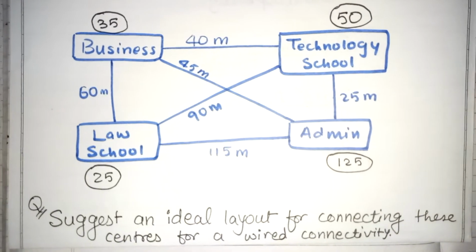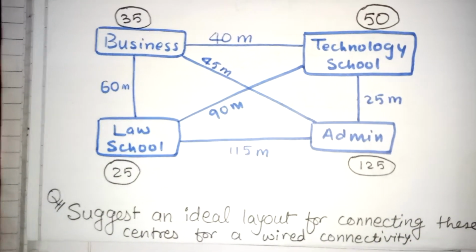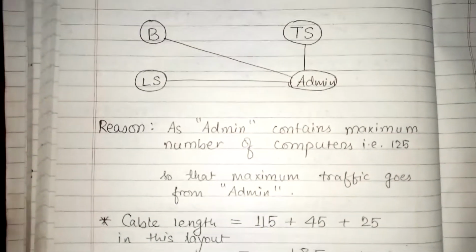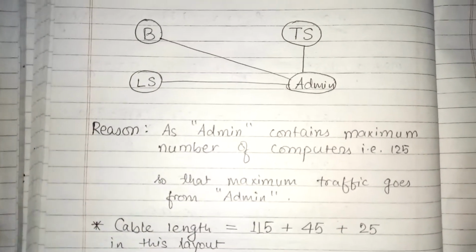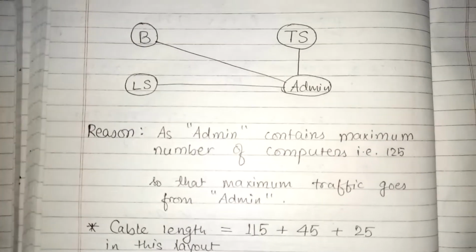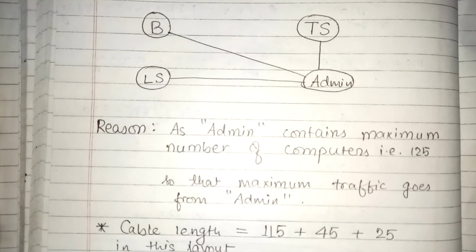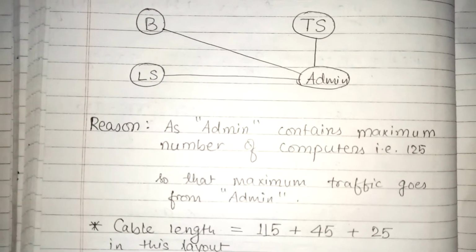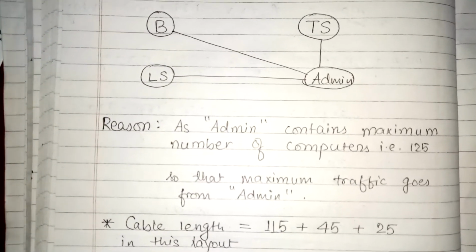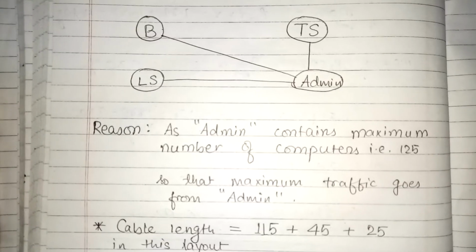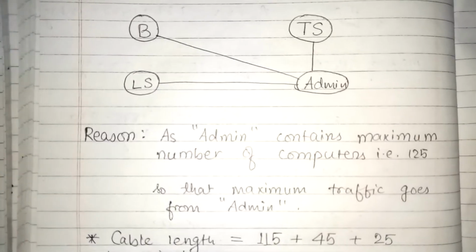Particularly, there were two solutions which majorly came up for this layout. I will show you here. The first one was this. This solution contains two answers: a star topology and a bus topology. But the question is which one is better, because many of them say that this should contain a bus topology, which is the correct answer, but they could not explain it well. So I am explaining it.